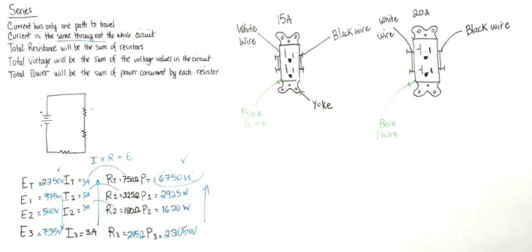Okay, so we have different types of circuits or different types of current. What type of current do we use with a battery? DC. Direct current, right? Which is known as DC. Because when we're using direct current, our current only flows in one direction. This is DC current. When we have alternating current,